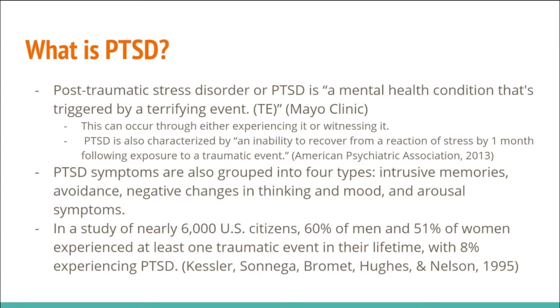Symptoms of avoidance may include avoiding thinking or talking about the TE, and avoiding people, places, or activities that remind you of the TE. Common symptoms of negative changes in thinking and mood are negative thoughts about yourself and others, memory problems, including but not limited to not remembering important aspects of the TE, feeling emotionally numb, and feeling detachment from friends and family. Arousal symptoms or changes in physical and emotional reactions include self-destructive behavior, being constantly on guard, guilt and shame, anger/irritability, outbursts, and trouble sleeping and concentrating. For children 6 years old or younger, they also may reenact parts of the trauma through play.